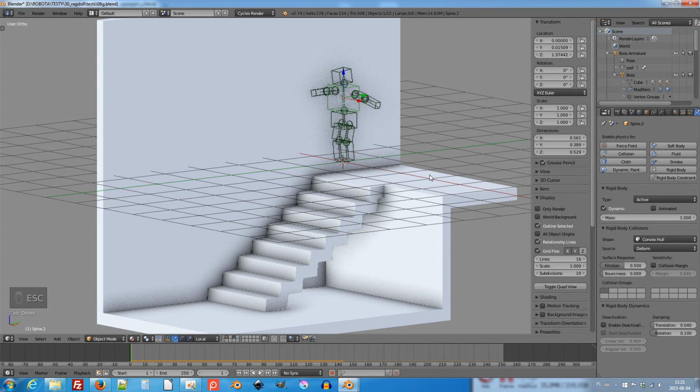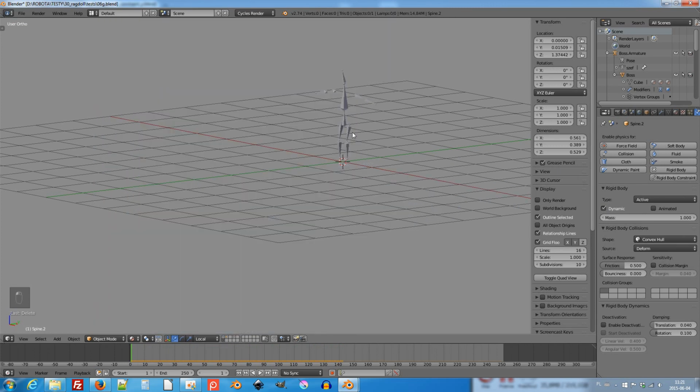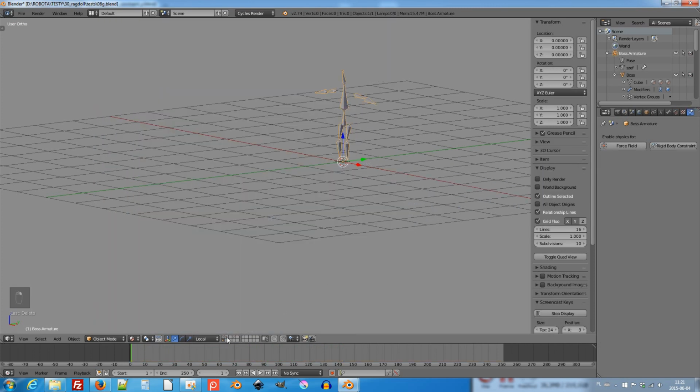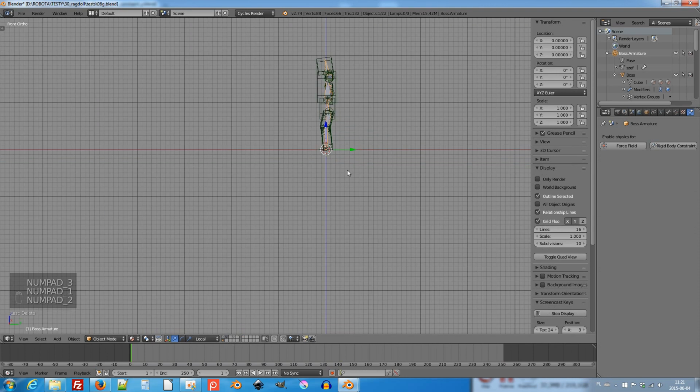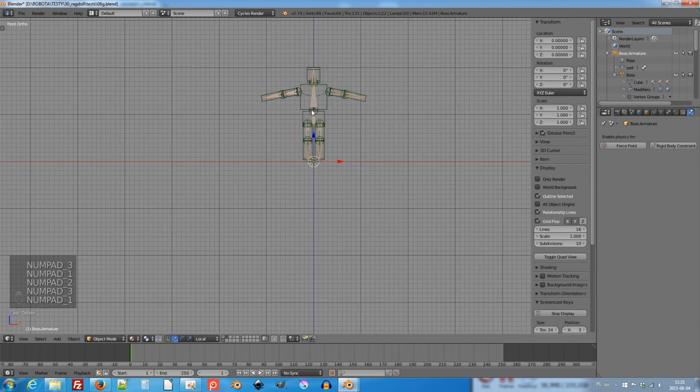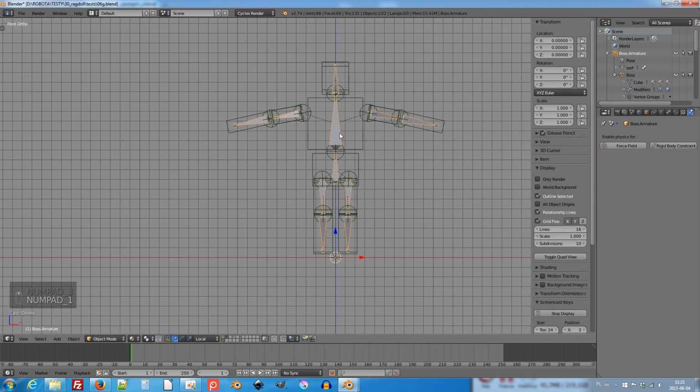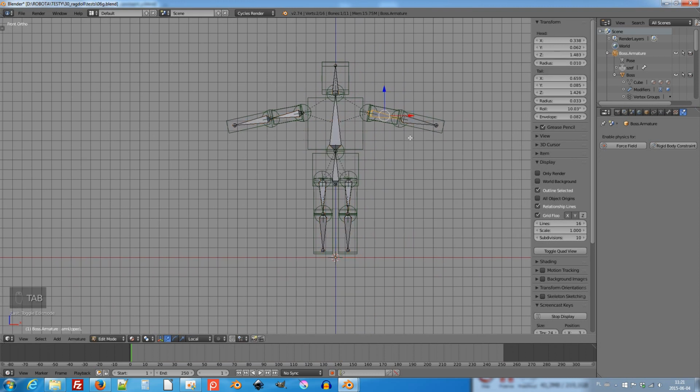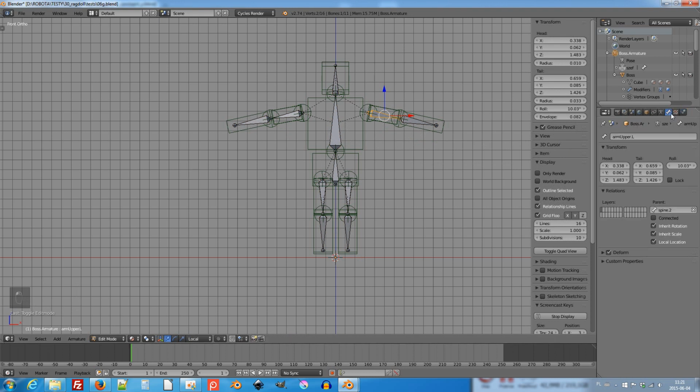Okay, the next step is to connect this armature with hitboxes, and to make that I must go to edit mode, and from every bone I must delete the parent. Go to bone properties and delete parents.